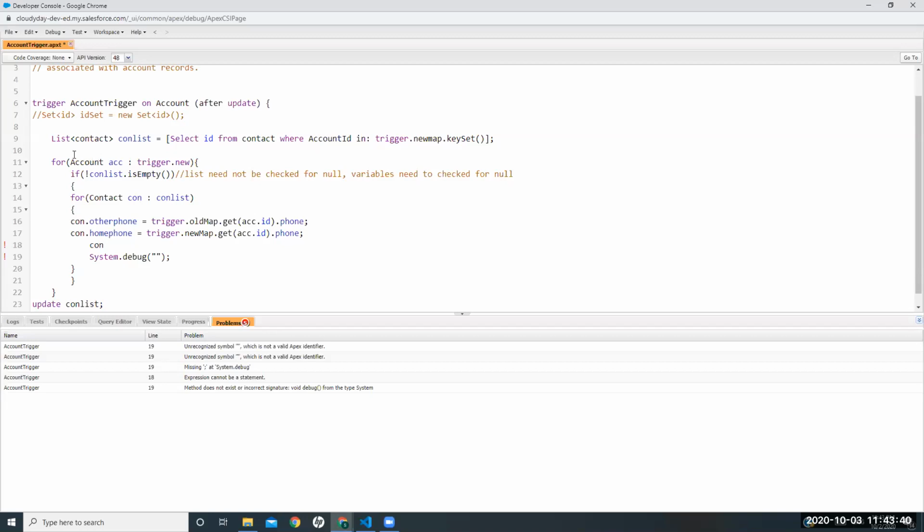Can you please create another list of contact? Yes. And let's name it update contact list. You have to change the name on line 10. Name it update contact list.